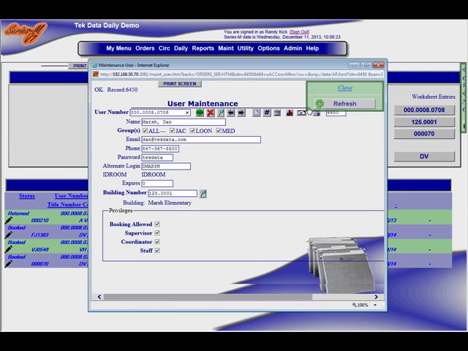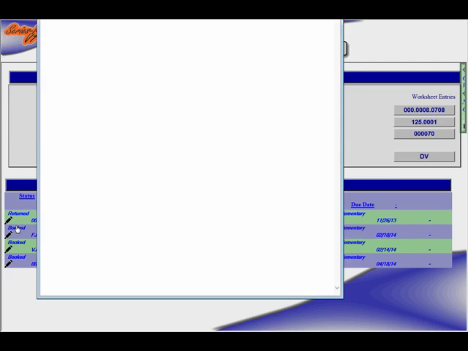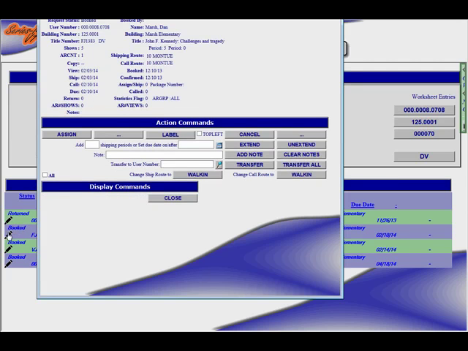And if I need to do something in here, again, I can collapse this little box, move it out of the way. If I need to change something over here, I can. But I'm going to leave this area for a moment because I don't want to get off track here. The point with this area is you can go in and check the status of things relative to their order. So this is a booking. It's still active, so if I want to, I can edit this request. I can print a label right now if I need to, cancel it, extend it, add a note,